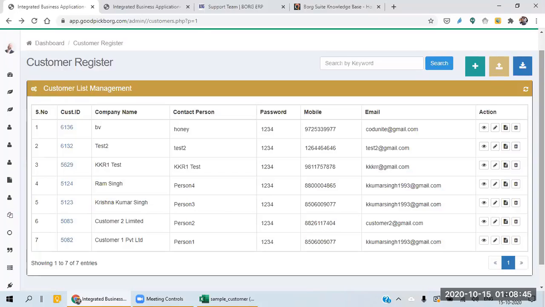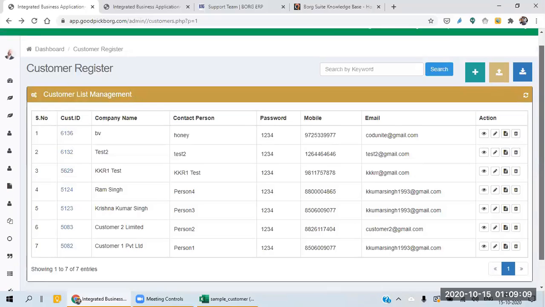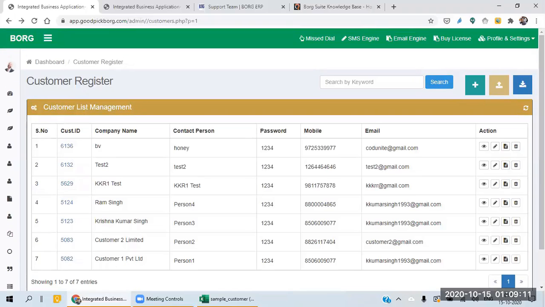So it keeps coming from there only. When you are starting to use Borg CRM, only at that time do you need to upload. After that, it will keep coming from lead to the customer database after the conversion of the lead or prospect. In this way you can maintain your customer database and use it whenever you want in your business. So this is all about customer management in the Borg CRM.